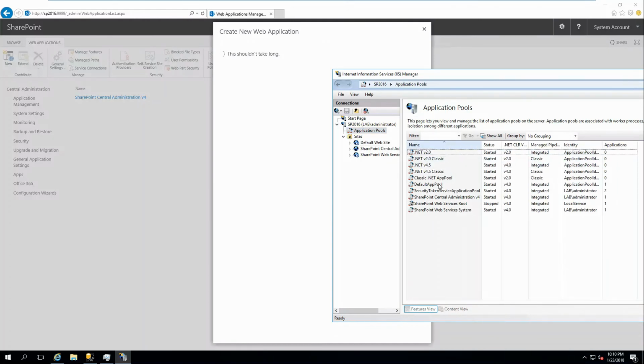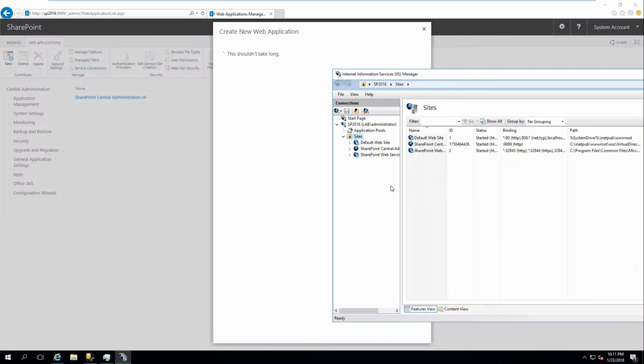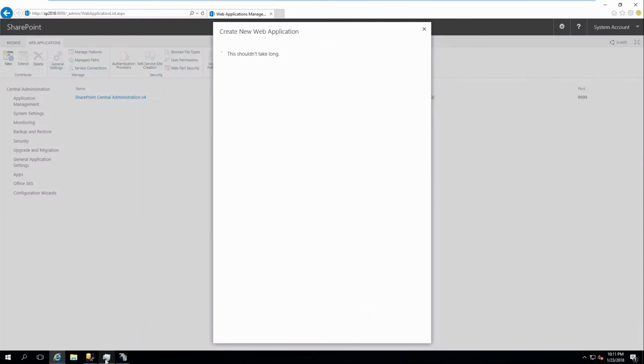Application pools, you can see the same thing. The application pools for central admin, our default app pool. So after this finishes, we'll look at the SQL Server Management Studio where that database was created, and also IIS